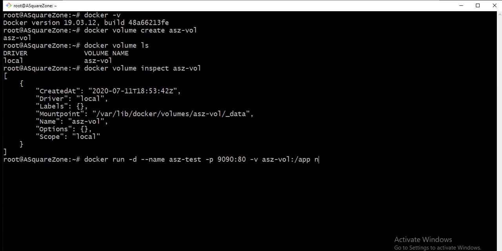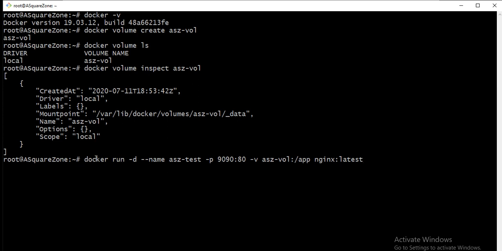I am providing my Nginx version, taking the latest version of Nginx. So using this command, we can pull our image and spin it up as a container, and we are mapping it to our volume asz-volume.